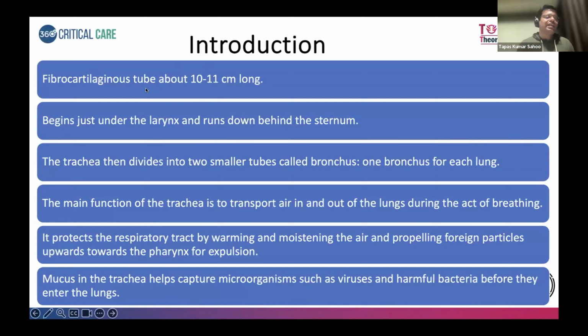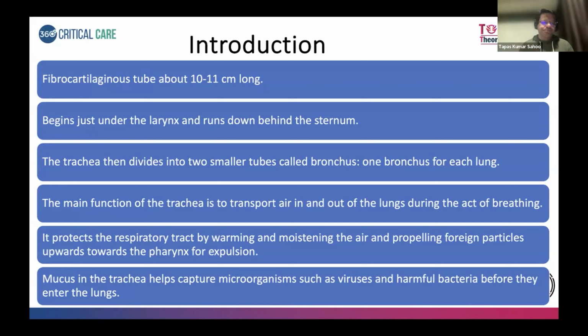So it is a fibrocartilaginous tube about 10 to 11 centimeter long, and it begins just under the larynx and runs down behind the sternum to meet the lungs. So larynx and lungs, in between is the trachea. Now the trachea divides into two small tubes called bronchi, one bronchus for each lung, right bronchus, left bronchus. Now, the main function of the trachea is to transport air in and out of the lungs during the